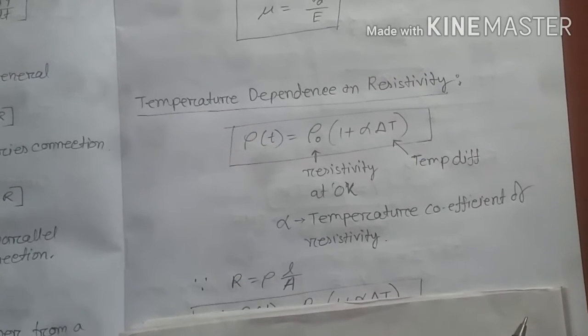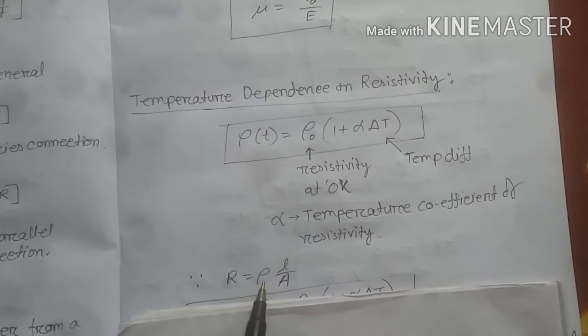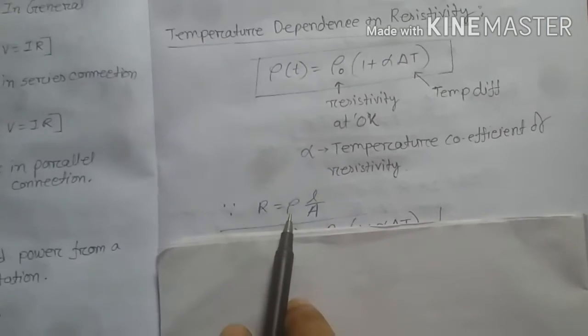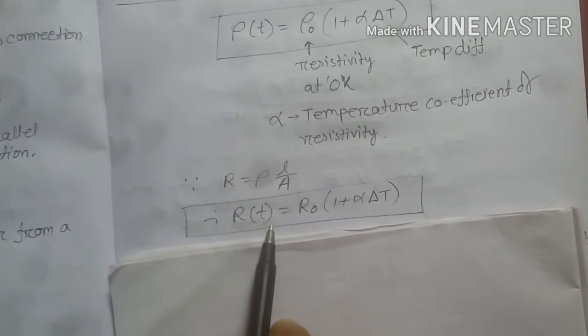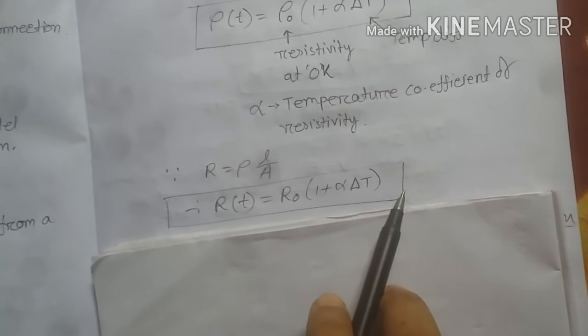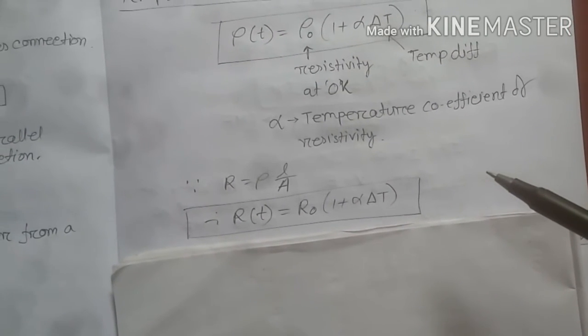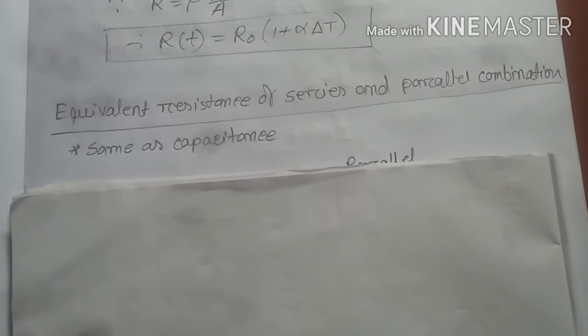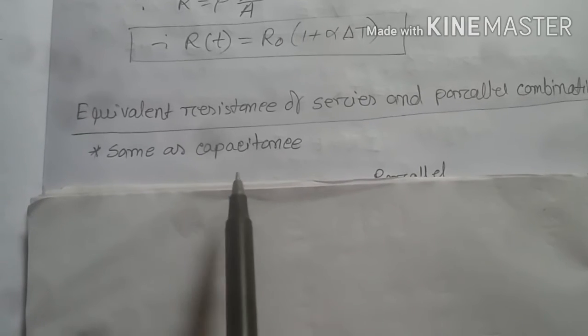Okay, and we know the relation, R equals rho into L by A. So R is proportional to rho, so if rho varies like this, then R should also vary like this, and R T equals R naught (1 plus alpha T), and these two equations, keep in mind, they will help you to solve some numericals. Calculation of equivalent resistance of series and parallel combination is the same as the calculation for capacitors,